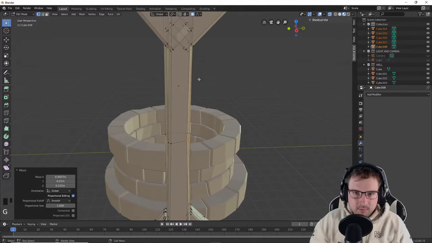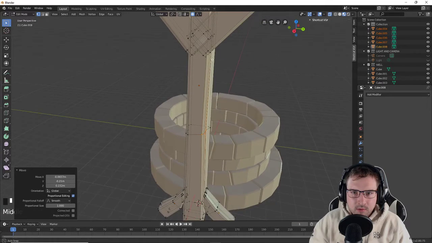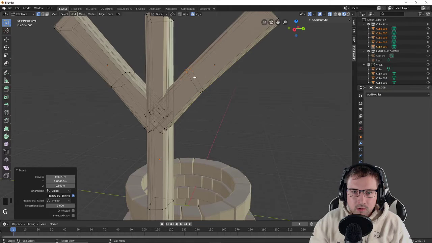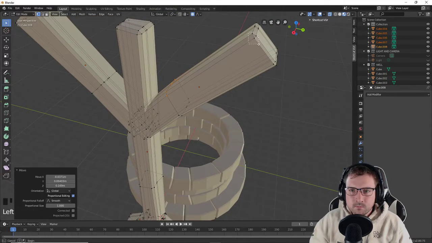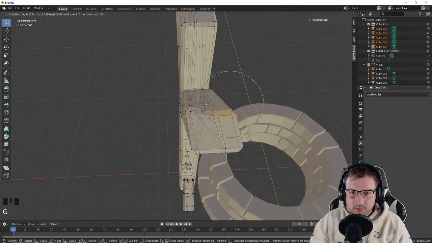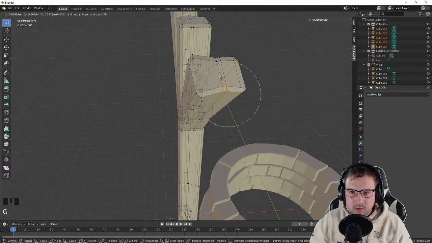Yeah, this is really handy for making things look quite realistic. Now those loop cuts I put in there earlier are kind of making things look a little weird, but